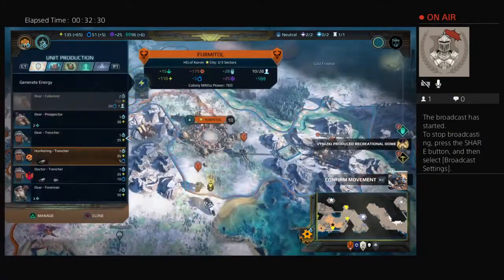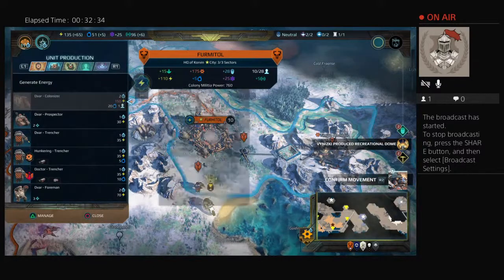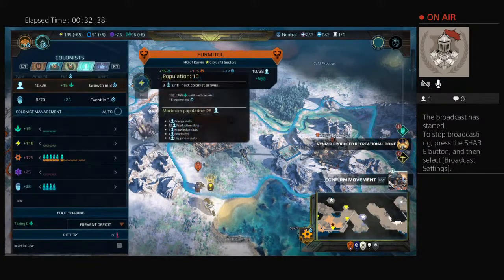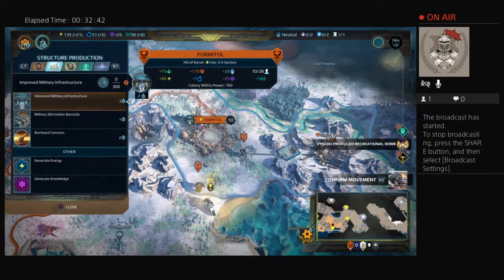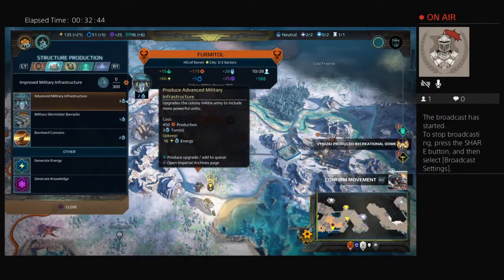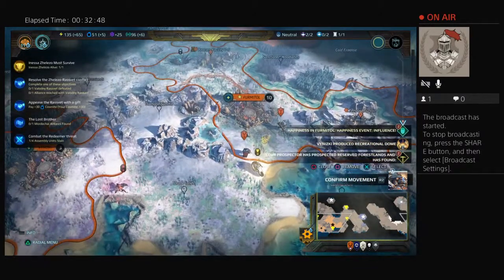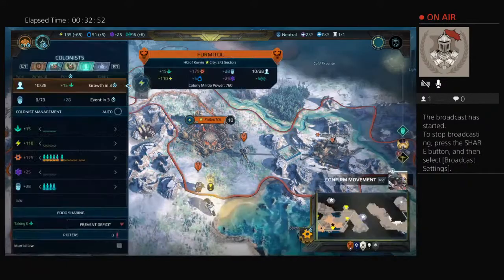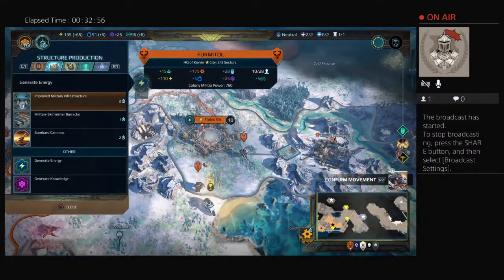Production ready. Okay, so my energy production is... It's doing it right now. It's plus 65, but when I start producing something, it's okay. Oh wait, hold on. Why? Happiness event in colony. Why did my energy go from -4 to 65? I don't...